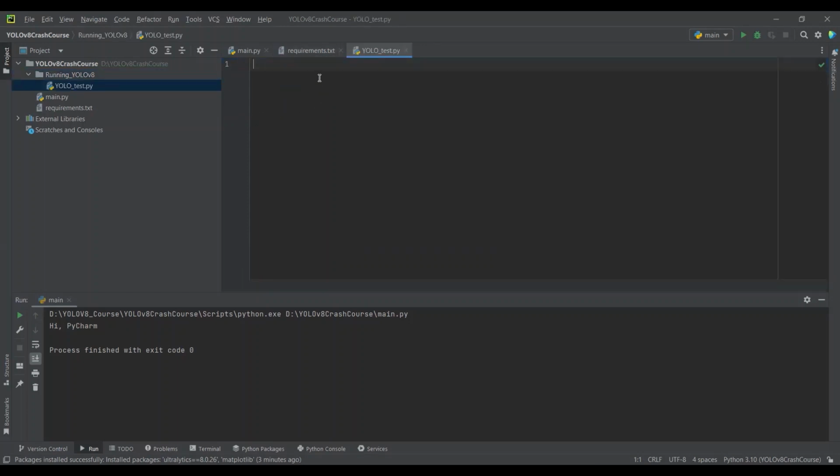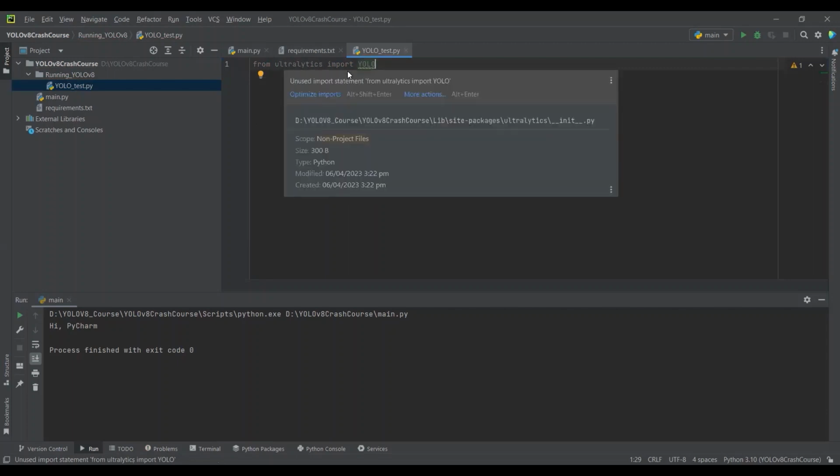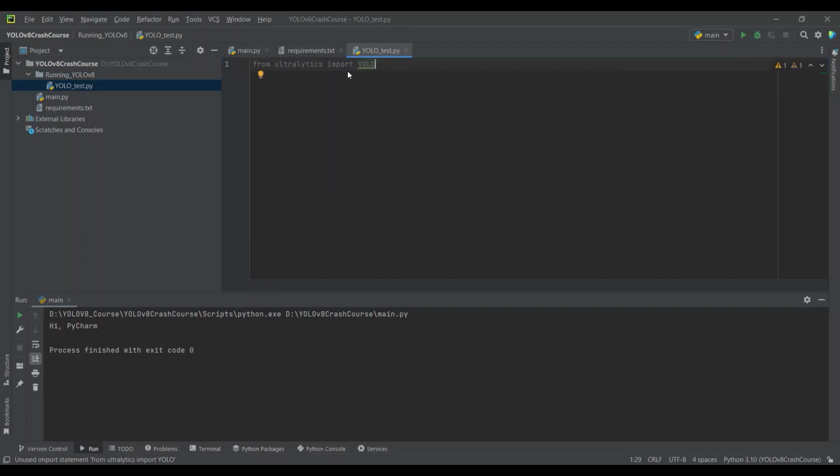Now, as we have installed the Ultralytics package, I will write from ultralytics import YOLO. It will automatically import the YOLOv8 package from Ultralytics. In the next step, I will skip importing cv2 and just write model is equal to YOLO, and then